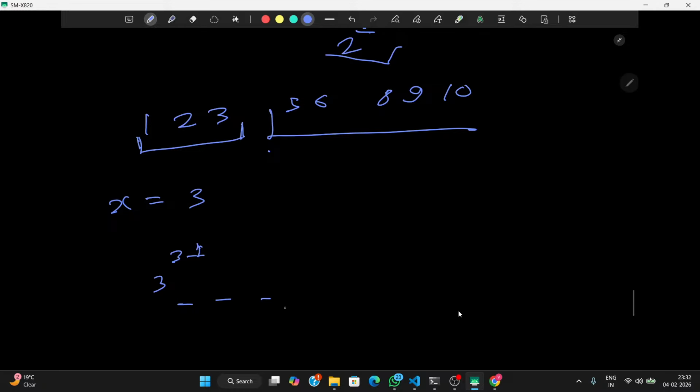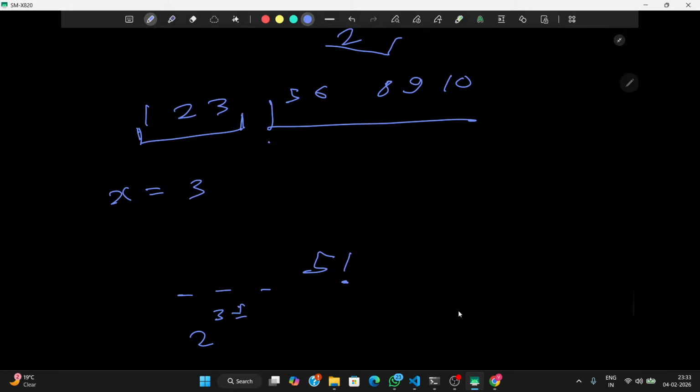So for the first three elements, to arrange them, we have the number of ways, which is 2 raised to the power 3 minus 1. And for the rest of the five elements, we can simply say that there are 5 factorial ways to arrange them, right? So this will be the answer